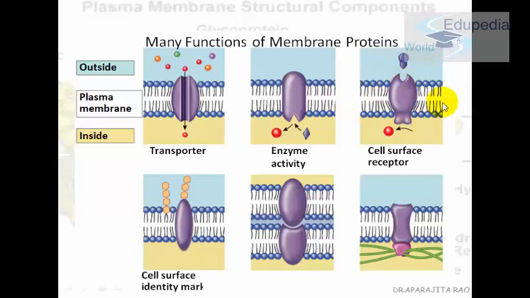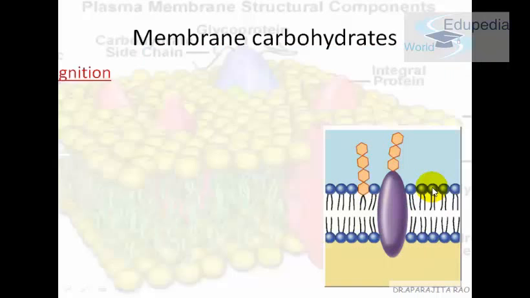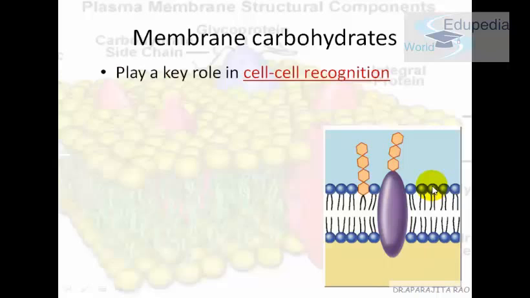Then the cell surface identifying marker. This one will identify what kind of things are coming. Is it a thief? Is it a bad cell? Is it a toxin? So it is very important in immunity. It will always know that this is the wrong thing, this is a toxin, and I am not supposed to let it in. Then cell adhesion, like two cells joining together, and attachment to the cytoskeleton, that is attachment to our body. So these were the various things about proteins that we needed to talk about.